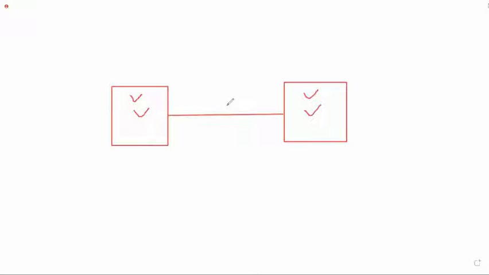But sometimes, let's say there was a change, and while it was replicating the change to this one, halfway before completing, something happened. Maybe this went down, right? It can happen.